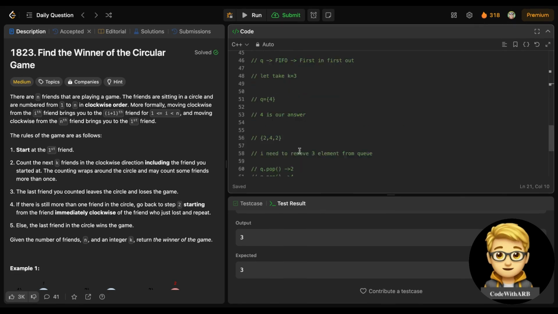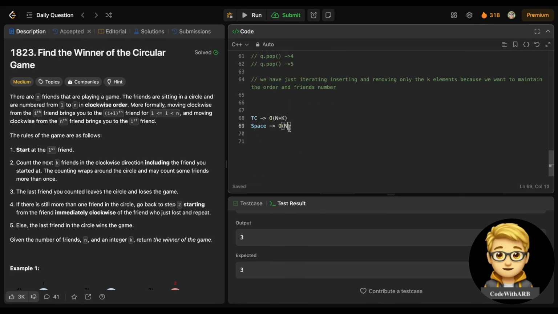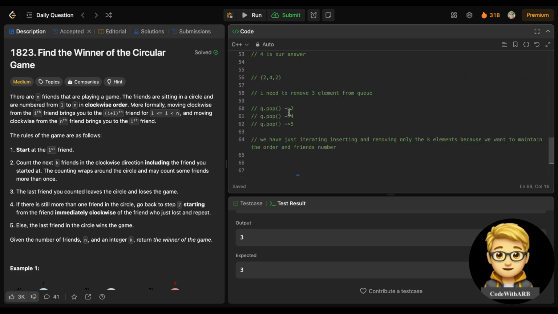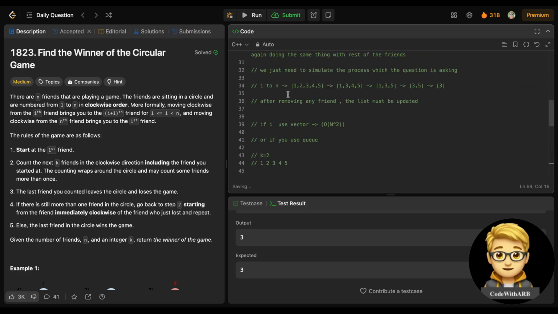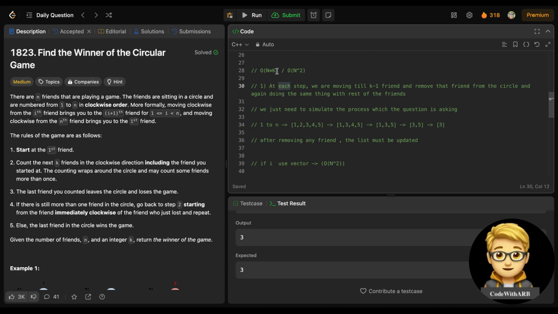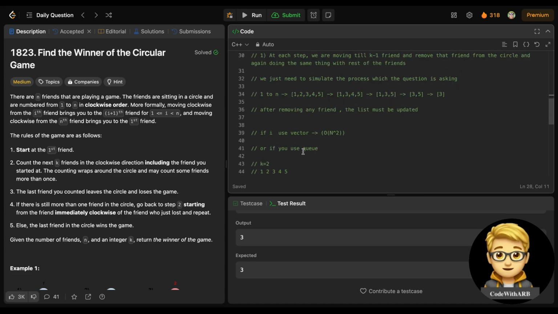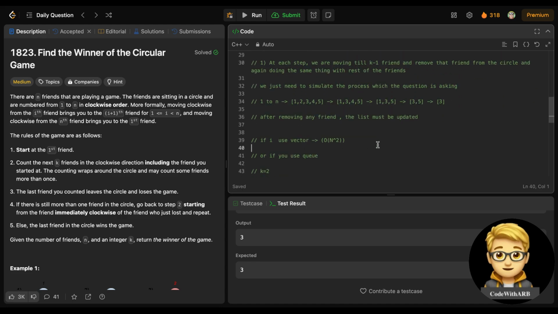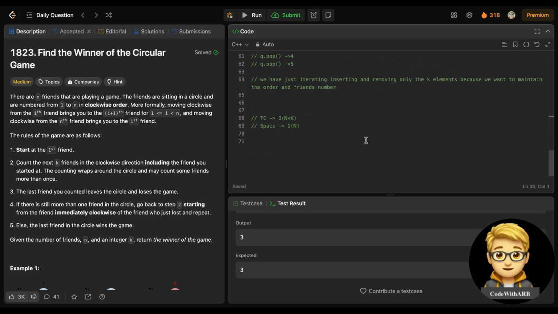So space complexity would be O(n) only, right? Previously, using a vector, the space would be the same, but time would be O(n squared), right? So where was the vector? Yeah, here. And using a queue data structure reduces it to O(n) to k. Now